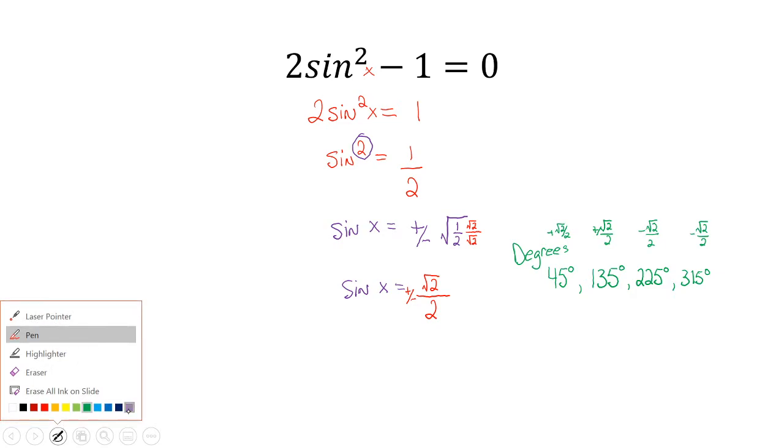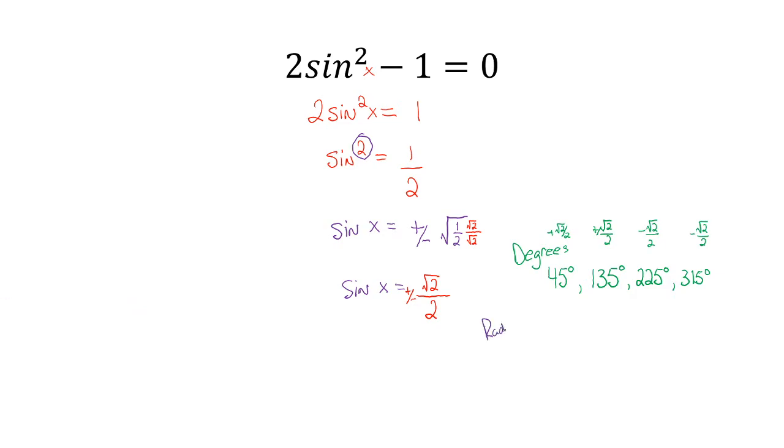So if I look at that in radian form, the radian forms are pi over 4, 3 pi over 4, 5 pi over 4, and 7 pi over 4. I hope you're noticing, and this kind of leads you into a lot of the pre-calculus and stuff, a sequence, that you're just adding 2 pi over 4, 2 pi over 4, 2 pi over 4. This chart only goes to 360,